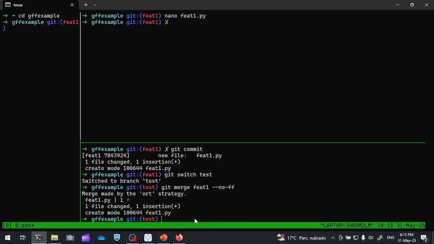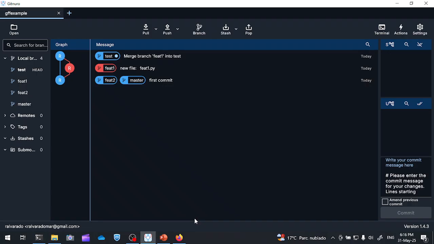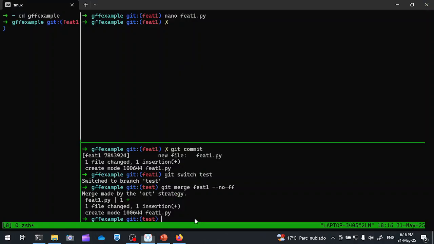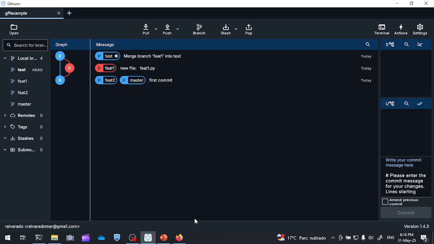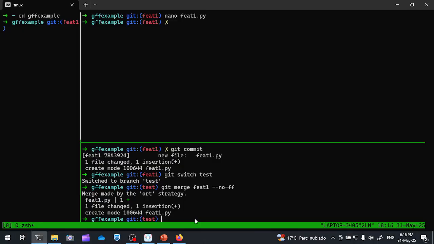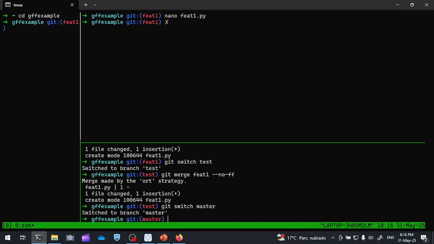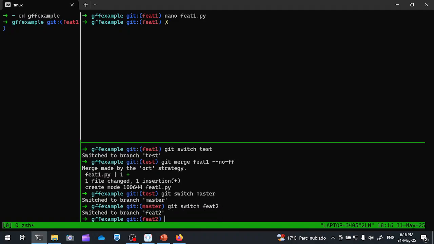Then, since the test is failed, I will have to update my feature 1 and then merge again to test. Okay, so then I will return to master, or no, I will go to feature 2. I am in feature 2, and from feature 2